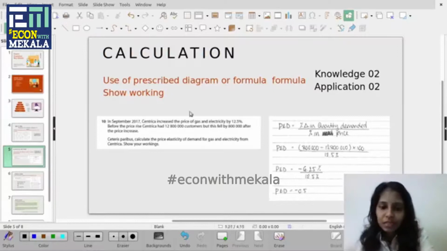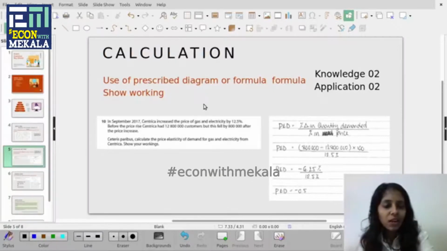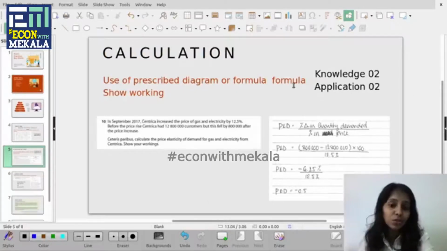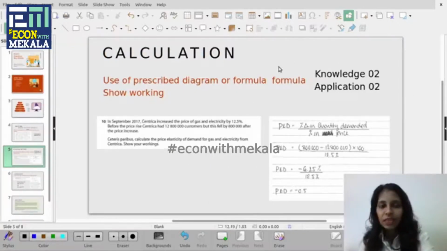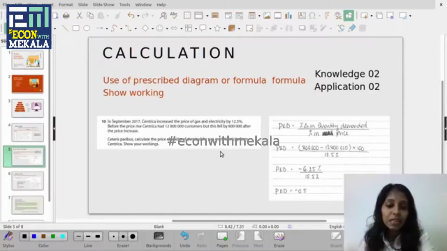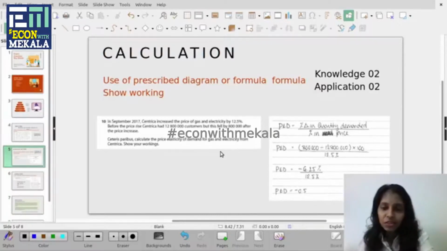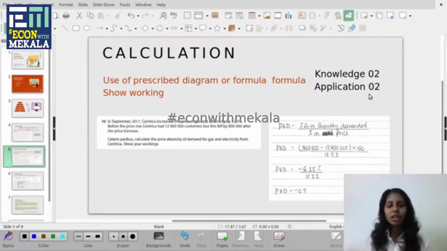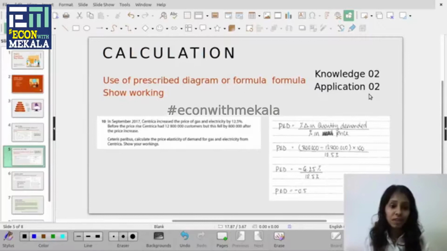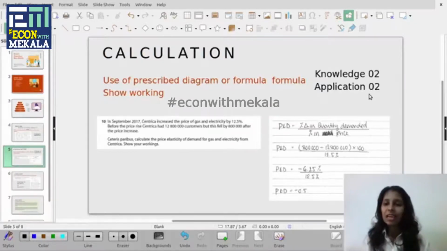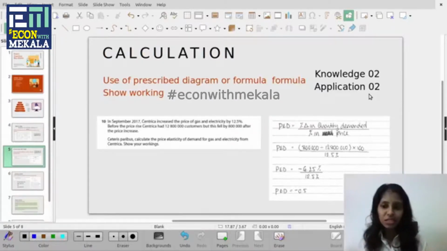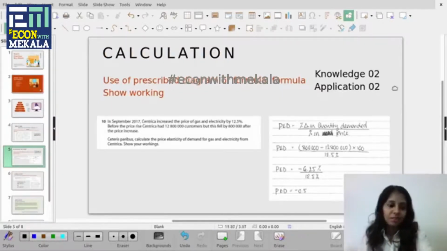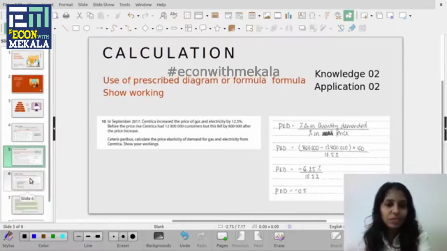So this is how a calculation question would look in your exam paper, and those are very easy questions for students to score marks, and they will not have very lengthy or complicated calculations. So this question was given 4 marks. I think if students prepare themselves really well, remembering these formulas and doing some practice questions, they can easily score these marks in the exam. Right. Next, I'm going to discuss the